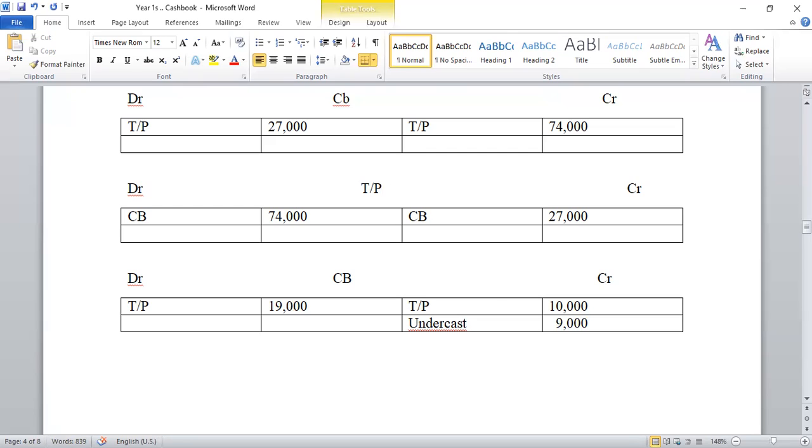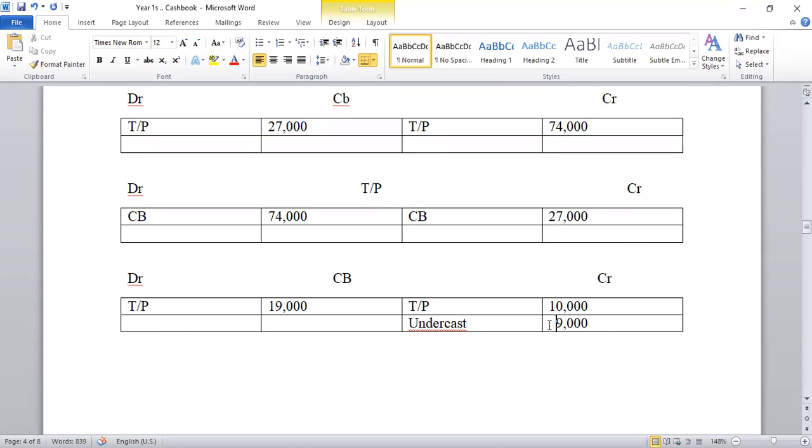The shortcut is that if it's an overcast, I always put the difference on the opposite side. That thing that they added on the other side to make it bigger is what we put on the opposite side. If it is an undercast, we're saying the side is less, so by how many you add back the difference. That less bit is what you add on the same side, which is less. That's how you correct those errors. So overcast and undercast. I hope I've tried to answer your question.